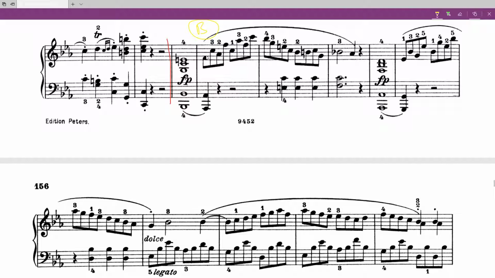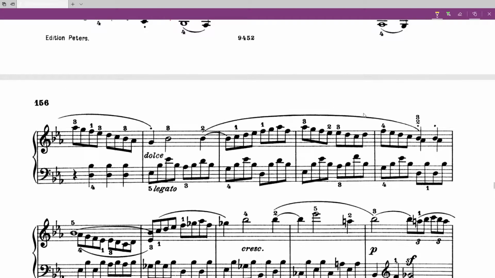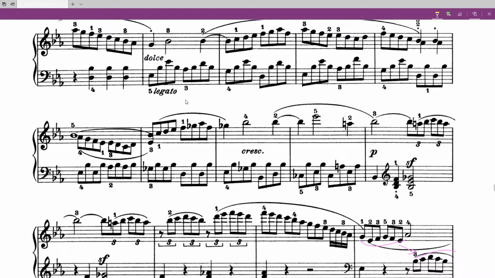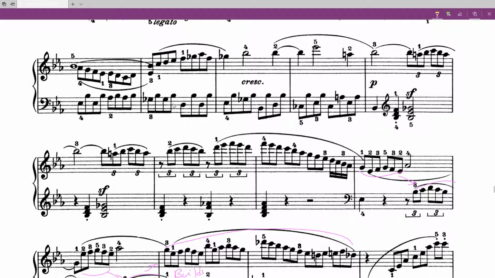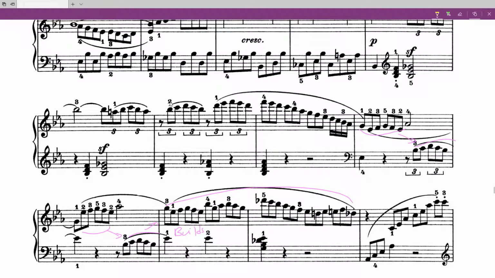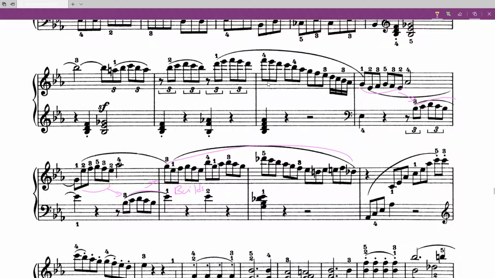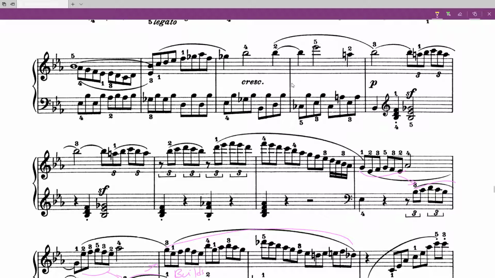Okay, so he's got this nice little figuration coming up through here, nice little shape. He outlines that with a slur, so I don't even need to do anything. And this is just contrasting material. So it's just got simple Alberti bass essentially going through here. I'm not going to spend too much time analyzing it harmonically. The only thing I'll point out is he introduces, at this moment right here,